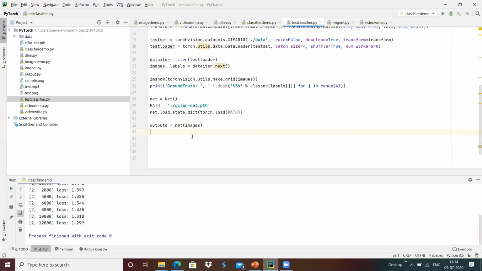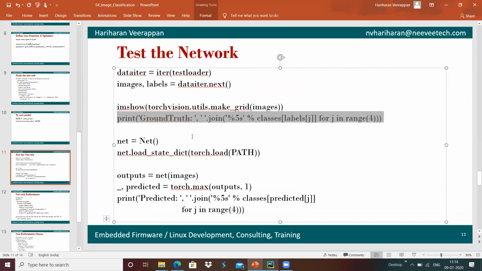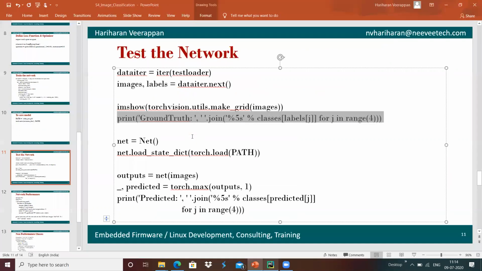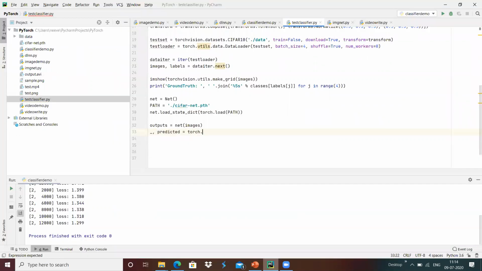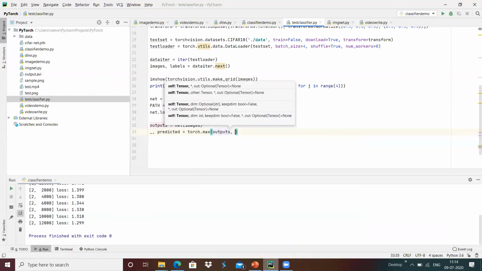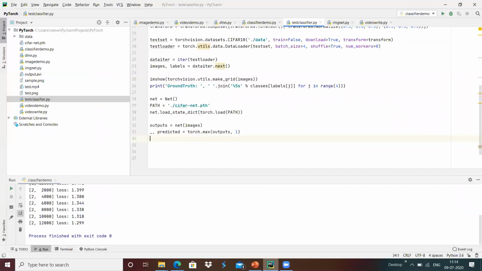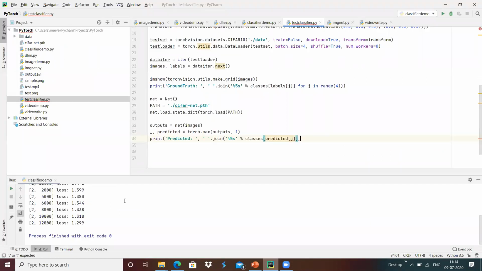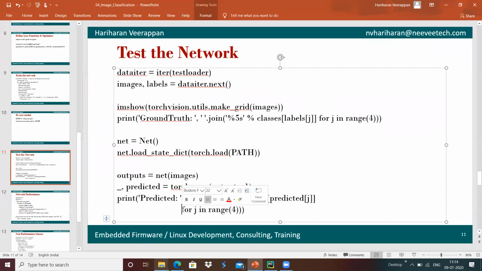And once it is done, we will get the predicted outputs, which is something like torch dot max of outputs comma 1, which is the one that we are going to detect. Once we have detected, we are going to check the predicted value against the loaded value over here.